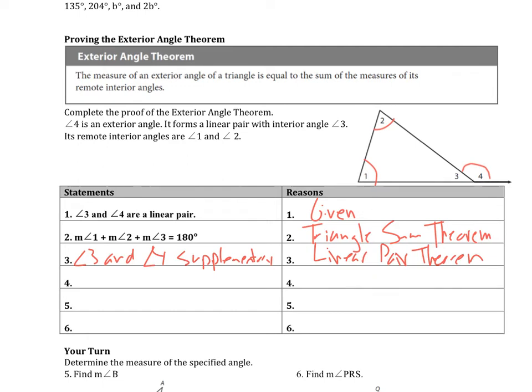Which then gives us that the measure of angle 3 plus the measure of angle 4 equals 180 degrees. And that's the definition of supplementary angles. And then with that,